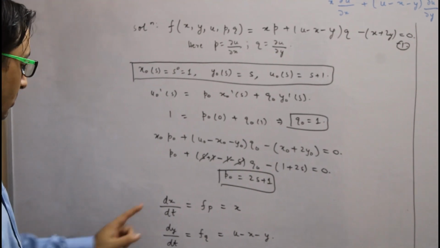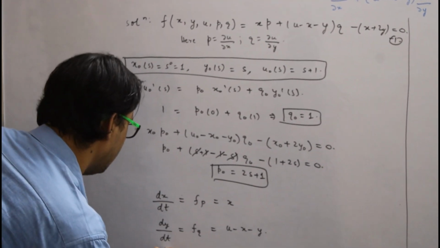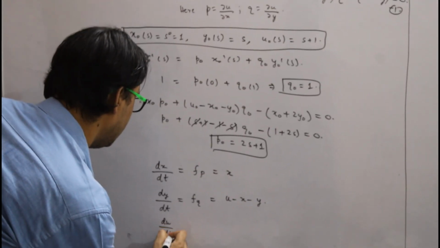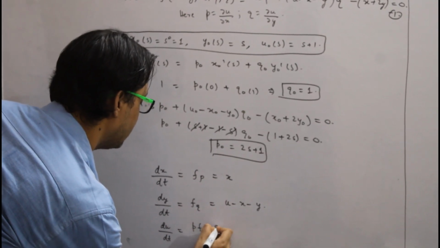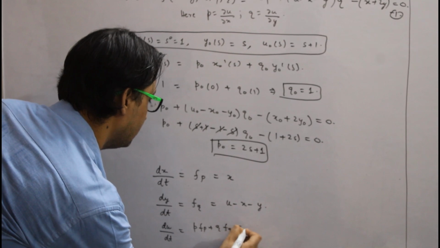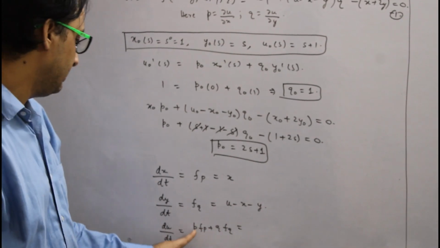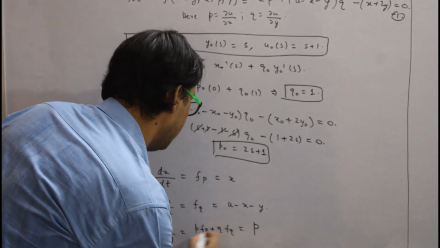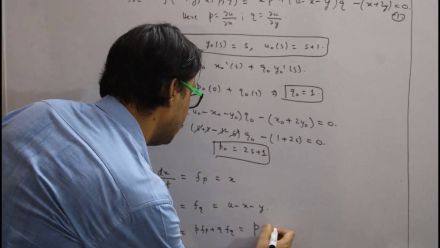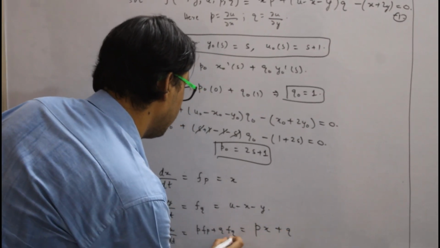Alright. Now what is my du by dt? That is p times f p plus q times f q. So we can use these two things. So what we can write? We can write it as p times f p, which is x. What is q? Q is itself q. So f q is